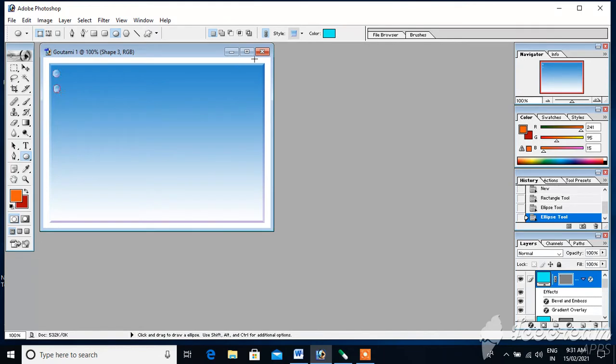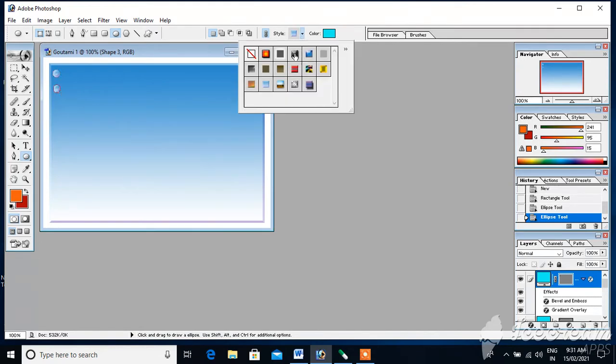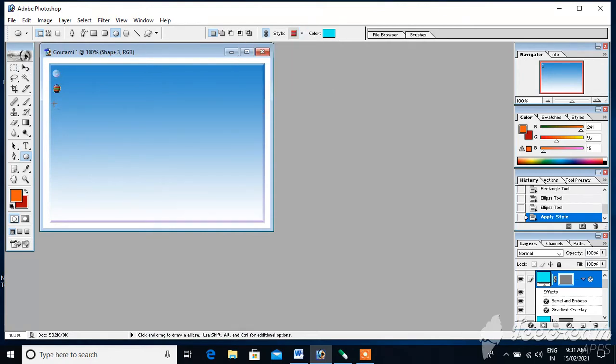Actually it comes in this style, so you can select the style also. Or you can copy and paste this.